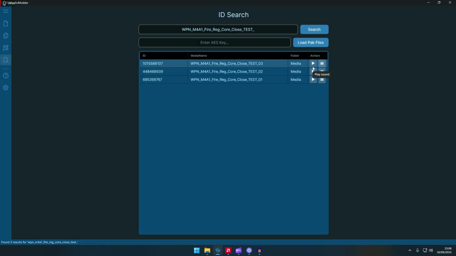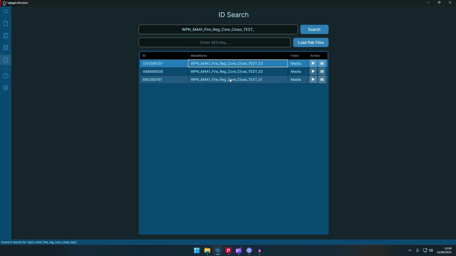Most weapons have 3 copies of the fire sound. Some have more. I believe the burst weapons have 5, and the signature 40 pistol, for example, has like 5 too. So it varies a bit from weapon to weapon, but basically what you're trying to find are